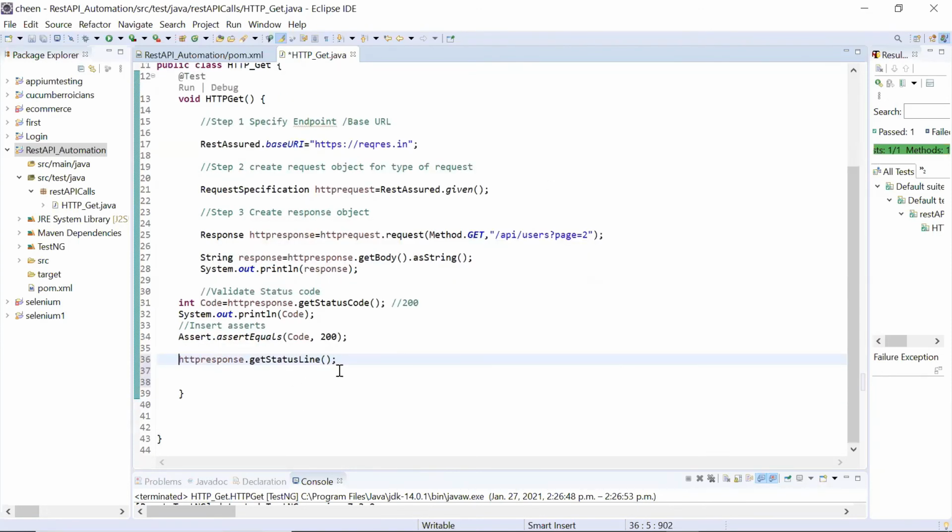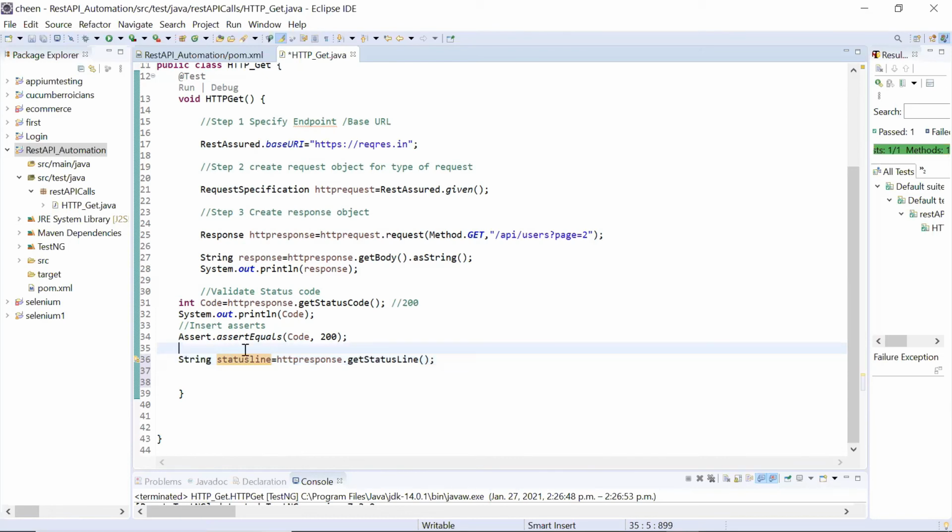Again, because I fetched it, I will be storing it in one of the variables. So here, string status line, assign. So spelling, I will be making it the same. So status line, and I'm storing it over here.